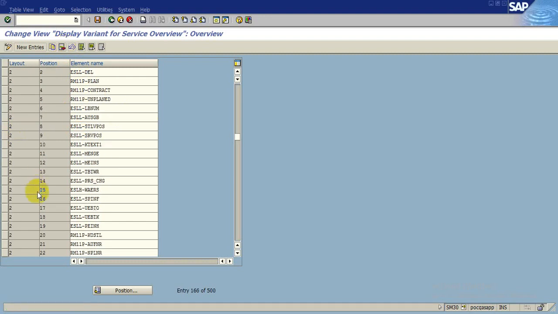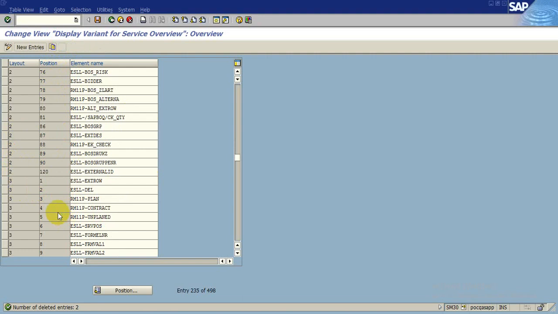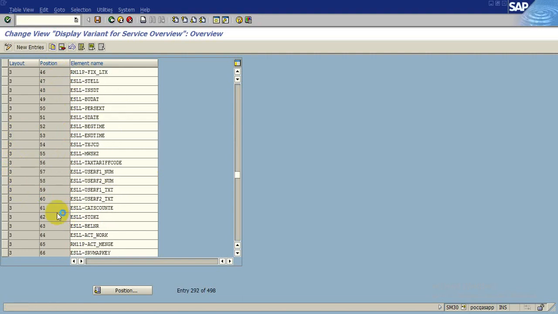Again come down, in the second layout as well we have to remove these two and delete them. Again we delete in the third, here it is 18 and 19, delete.